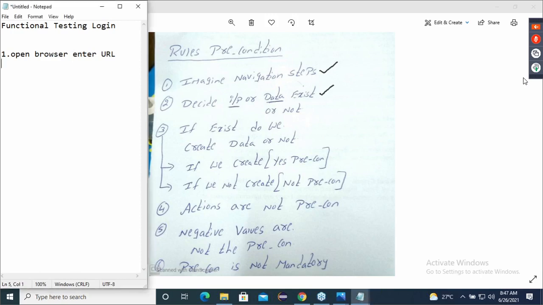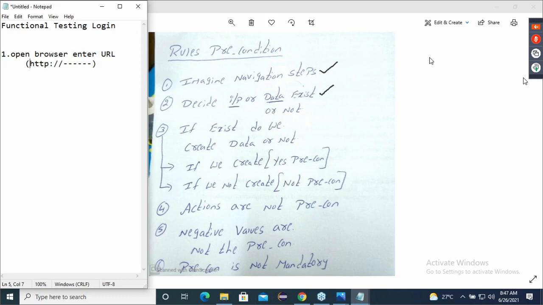Open the browser, enter the URL, and the URL you are going to type is http colon double slash something. Input is there, or not? 100% input is there. This http colon double slash whatever you are typing is the data which we are typing in the browser. Yes or no? So input is there.